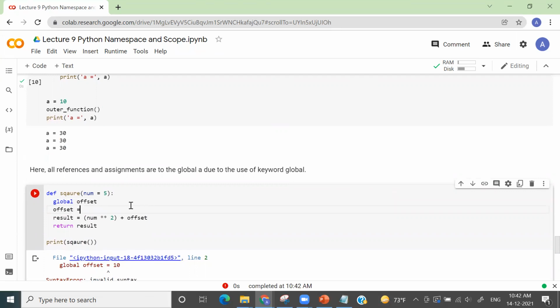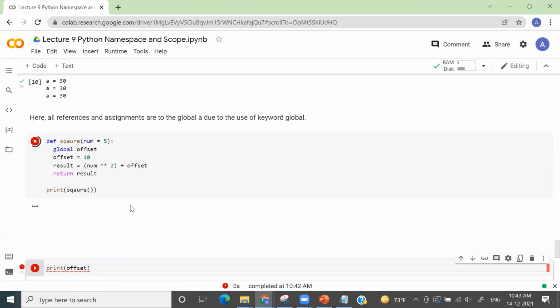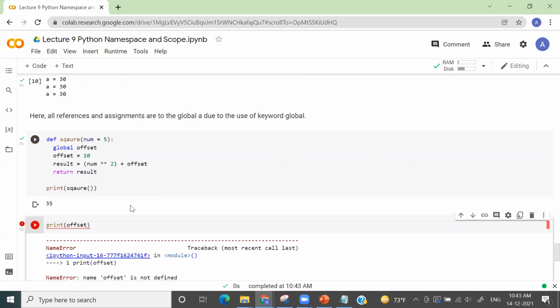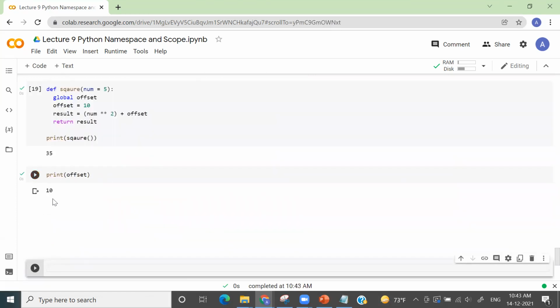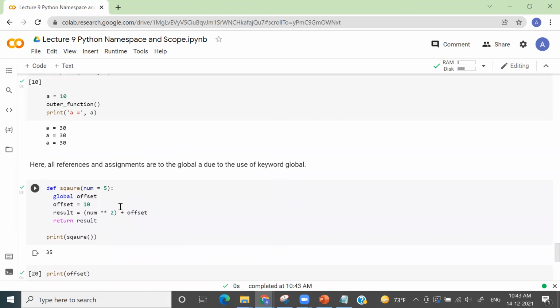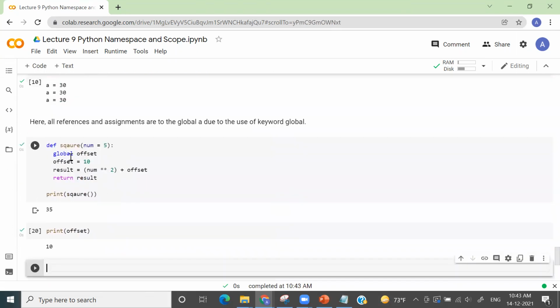Offset is equal to 10. Now if I print offset, it will give me the value 10, because we have explicitly told Python that this variable has global scope now, so it will recognize it at any place.